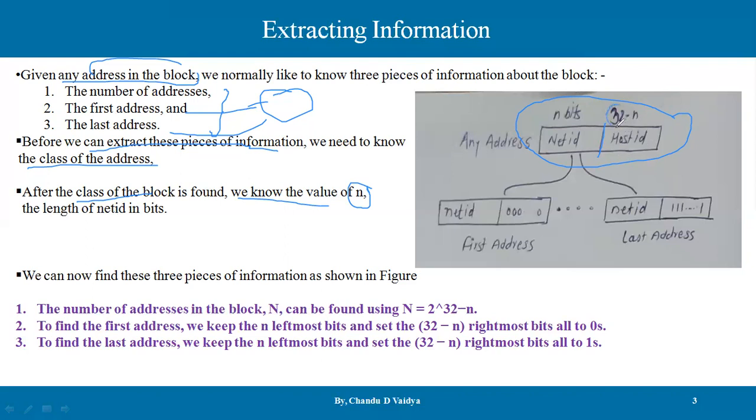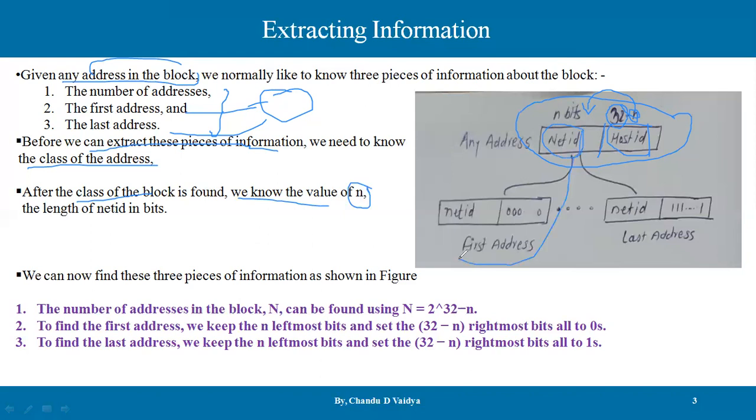Let's consider the total address space, which is 32 as far as IP version 4 is concerned, and the value of n will be subtracted. This value of n depends upon the class: class A, class B, and class C. And then only we can calculate the host ID. And how will the net ID be calculated? The net ID will be calculated directly on the basis of the value of n, because that value of n defines which class that IP address belongs to.